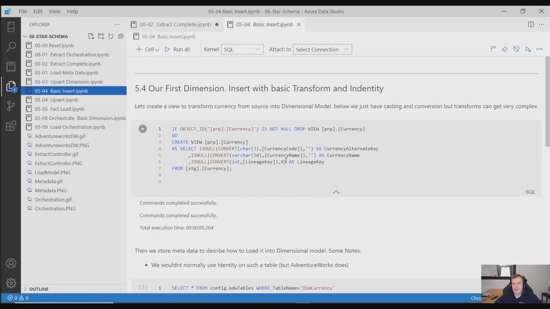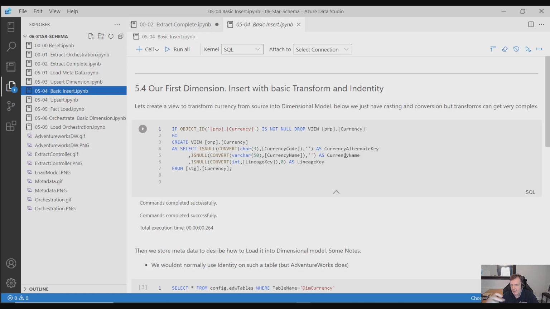So the very first thing I'm going to do is, for every object, I'm going to have to create a transform, right? Because I've got to transform it from the source into the destination. And the de facto standard that we use is views. Now this is the most basic form of a convert because it's got the same fields, there's no joins, but you can see I might be renaming the fields because the source could come in an encoded format,